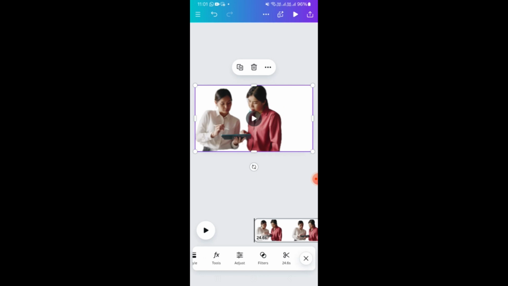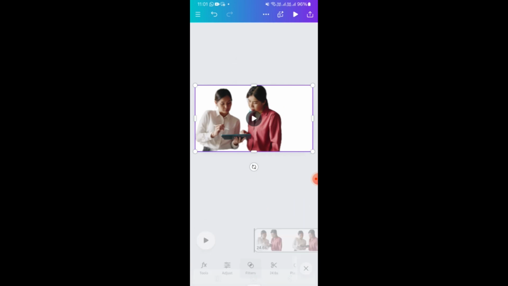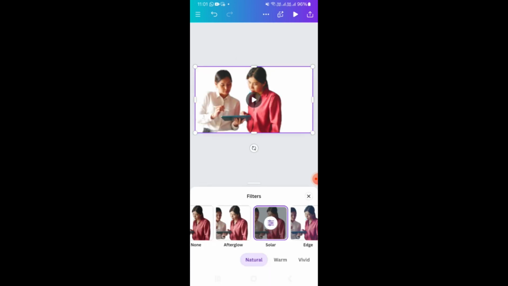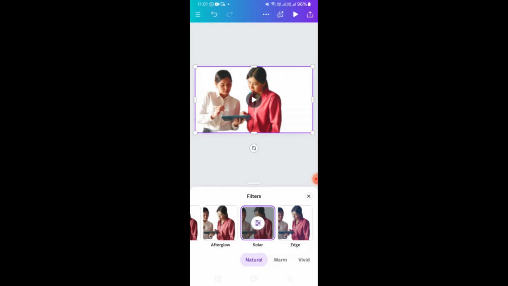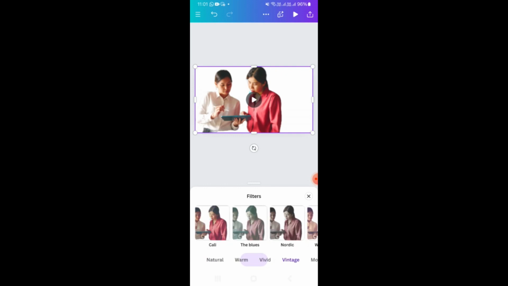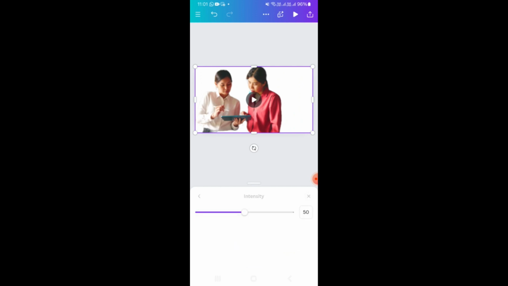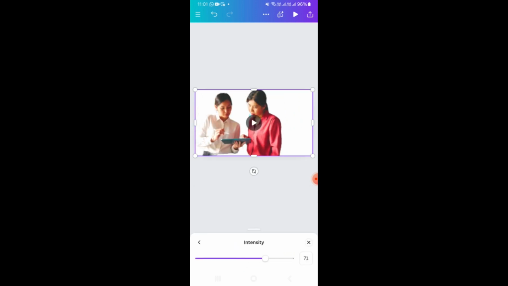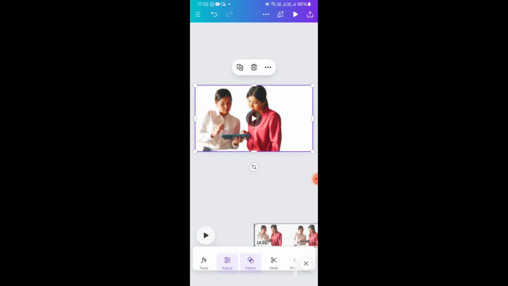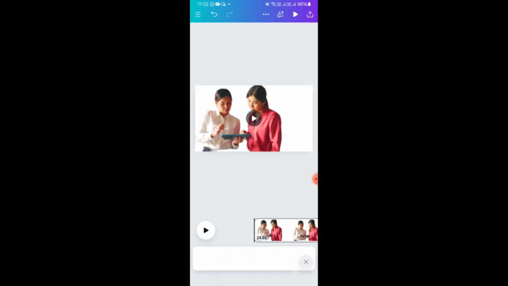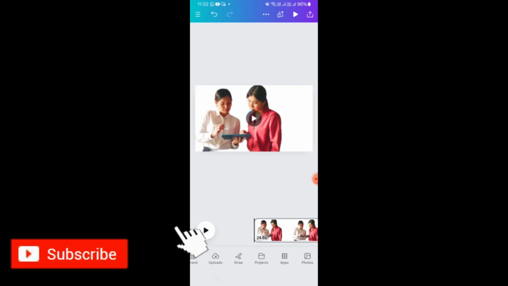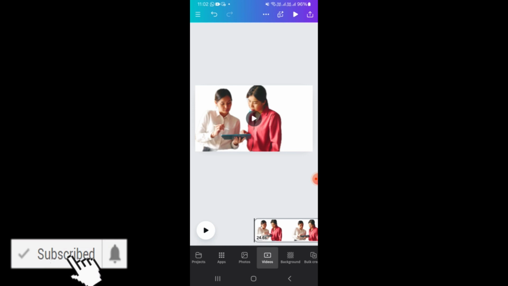Now, if you want to give any filter, go to this filter option. You can also get different type of filter which is suitable. You can give that, and you can also get category wise filter. Okay. Now here, if you need further adjustments of intensity, you can do it from here. Now once this is done, cross it, and then for getting an appropriate background, you get all these options here